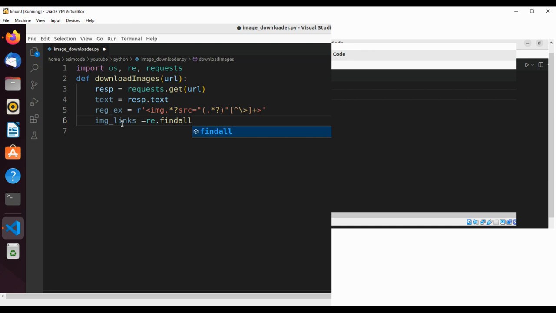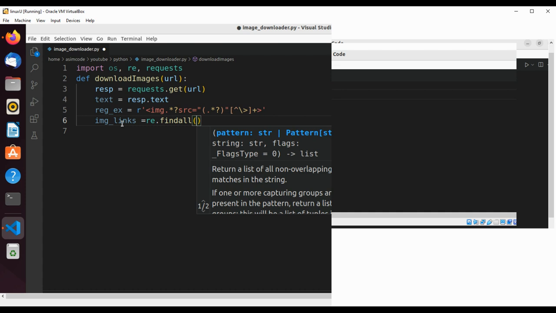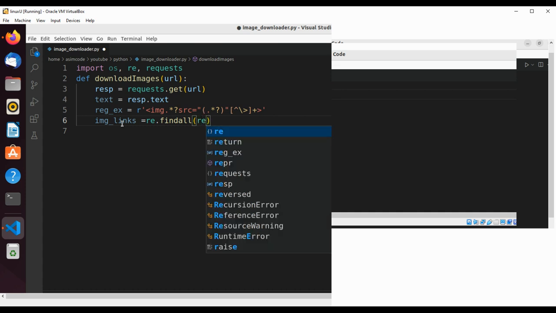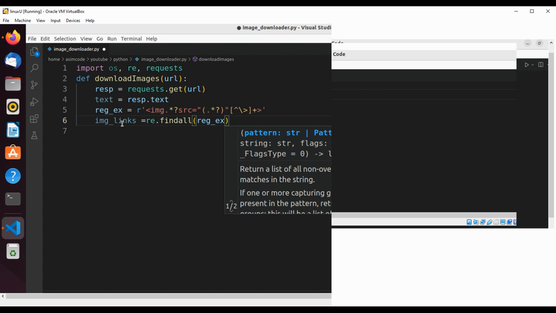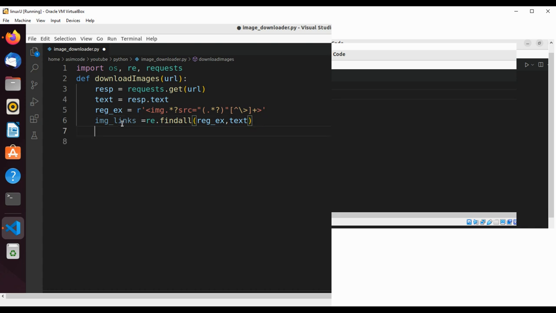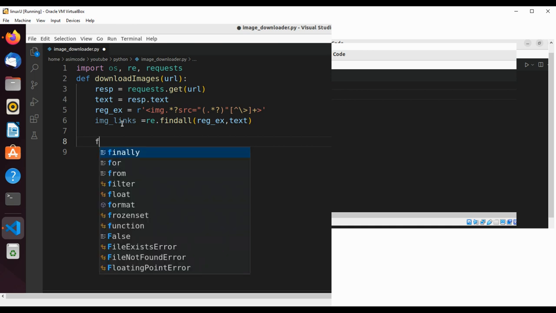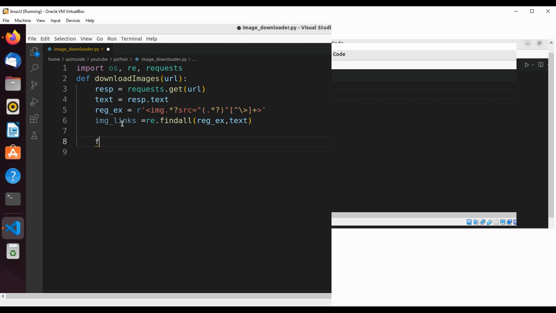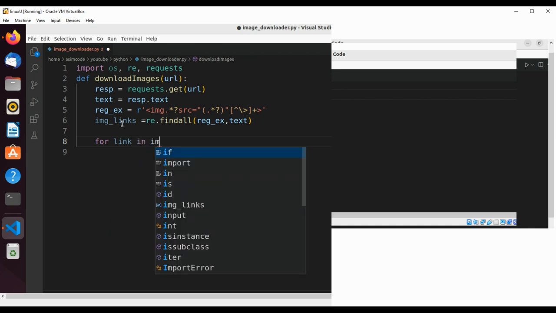We are using the findall function, and we are going to pass in our regular expression and our text. And we are going to loop through each image link. So for link in image links,